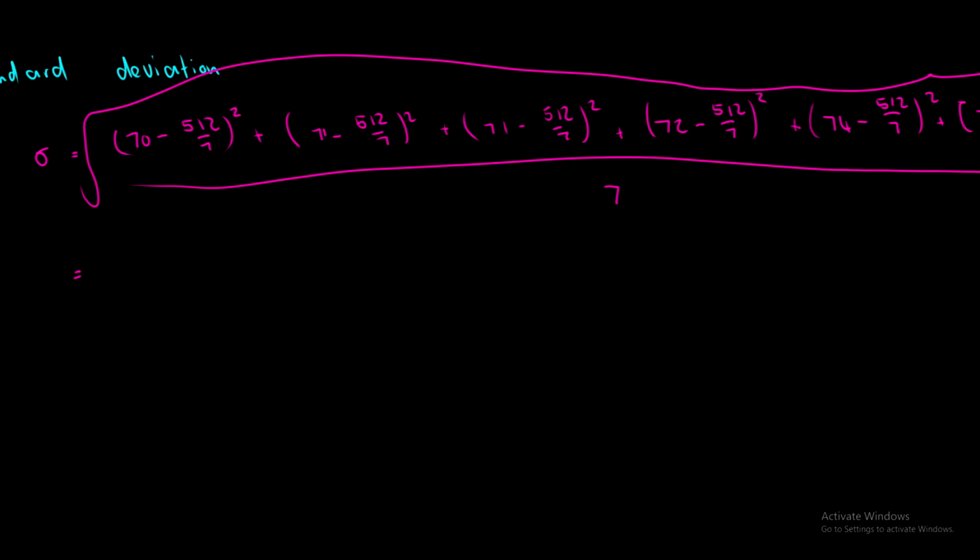Okay, so it's very time consuming, I know. Usually when asked to find the standard deviation, they'll give you a very, very small amount of data points. But in this case, let's use the big one. So 71 squared plus